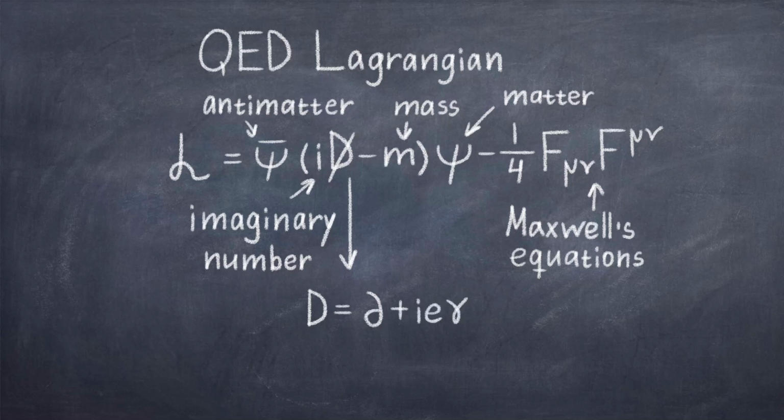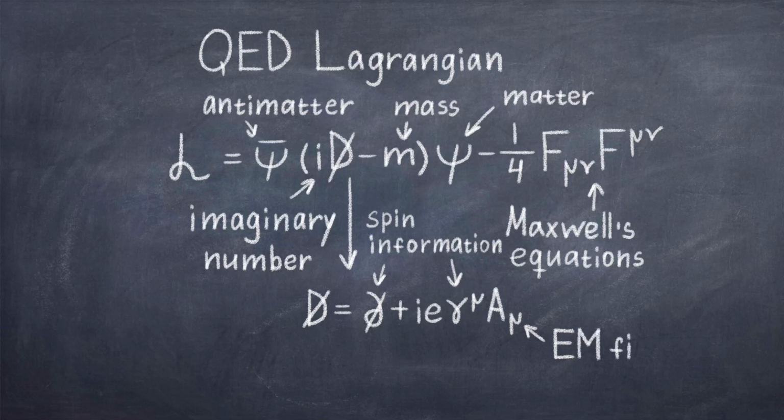Now let's go back to the slashed capital D. It's called the gauge covariant derivative. This is related to the fact that QED is a gauge theory. We can expand this term as capital D slashed is equal to partial derivative slashed plus i e gamma mu A mu. We see that the first term is the same as what we had in the Dirac equation, but now we have another term. This term contains the charge of the fermions which interact with the gauge field A mu. This gauge field is the electromagnetic field or photon field.